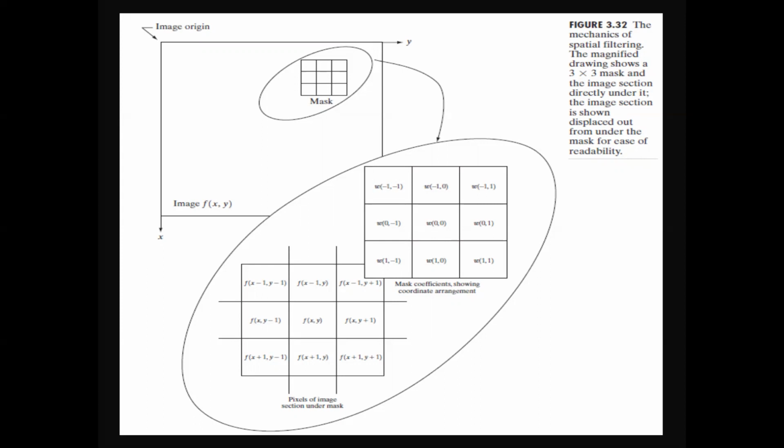By placing our filter mask, we need to compute the predefined operation which we assume. For example, if you want to calculate the average value, we have to multiply the coefficients of the filter with these pixel values. After that, we need to divide the total by 9 because it is a 3 by 3 mask. There are 9 pixels altogether in the sub area of the image which is covered by the mask.